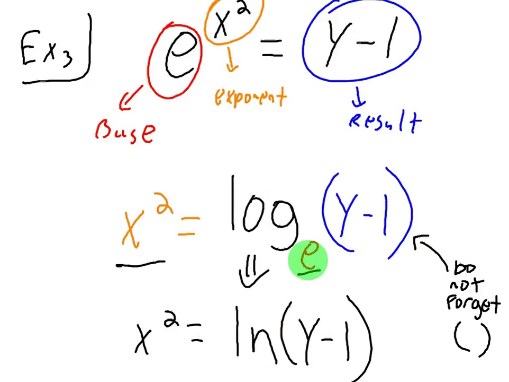And there's another special log we're going to look at in the next example. There's two special logs. This is one of them. So if you go to a calculator and you type in ln is base 10,